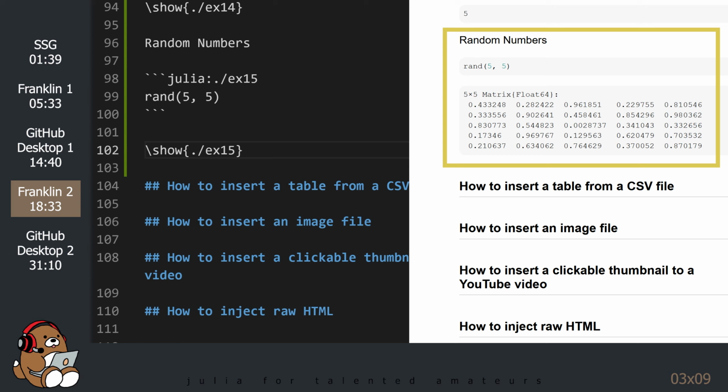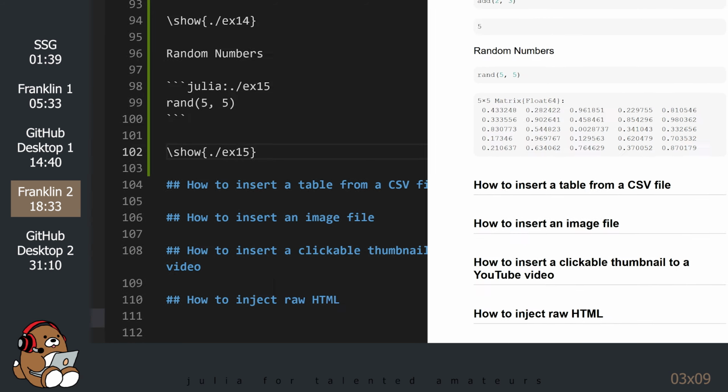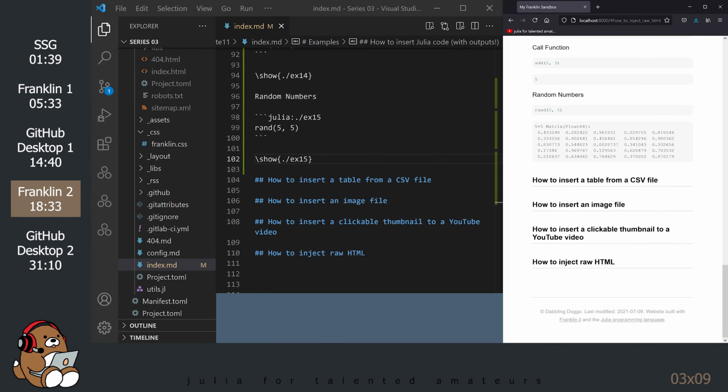Franklin actually displays the entire matrix. This next section is also pretty amazing. If you watch my tutorial on how to convert a CSV file into a web table using JavaScript, you know how difficult it can be just by using vanilla JavaScript. Watch how easy it is to create an HTML table using Franklin.